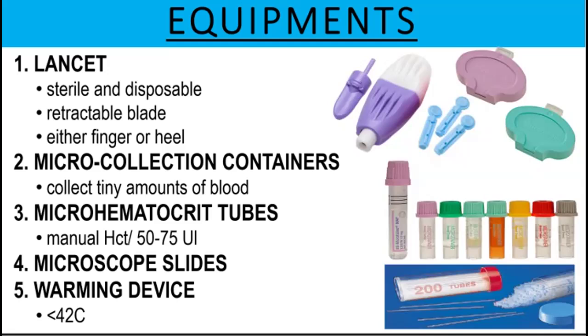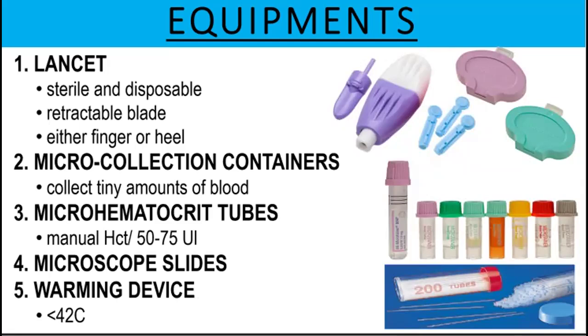Next, we have our microcollect containers. They are just the small version of our evacuated tubes, with the same additives and the same color coding as our evacuated tubes. If you check your microcollection tubes, there are two lines. At the bottom, we have 0.25 mL. At the top is 0.5 mL. The important thing, class, is that the 0.25 mL line is reached. Once it reaches 0.25, we have achieved the additive and blood ratio, which means it is already acceptable for testing.